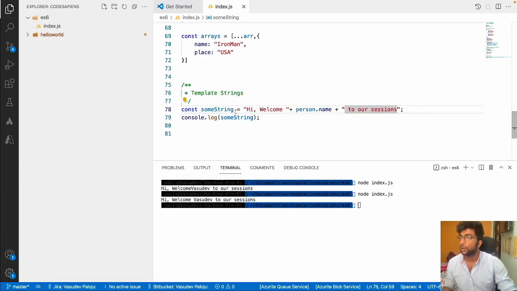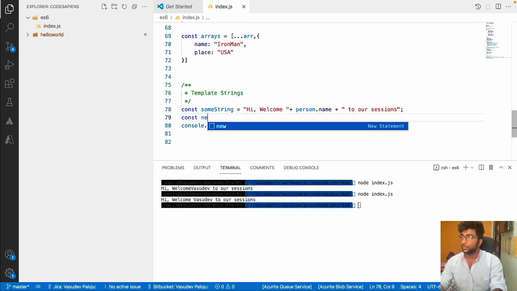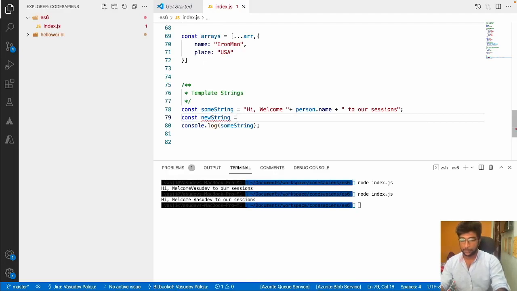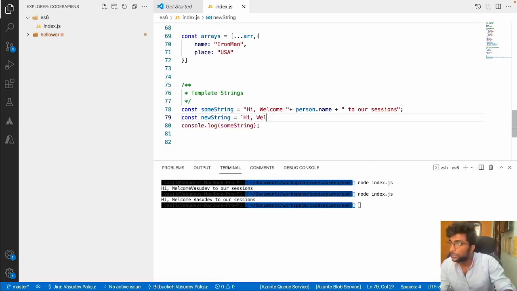So to avoid or to ease down this particular process, what we have is the template strings, that is hi, welcome. So now the operator which I am using is this, which is present left to the number 1 on your keypad. So shift left to the number 1 in your keypad. Okay, so hi,